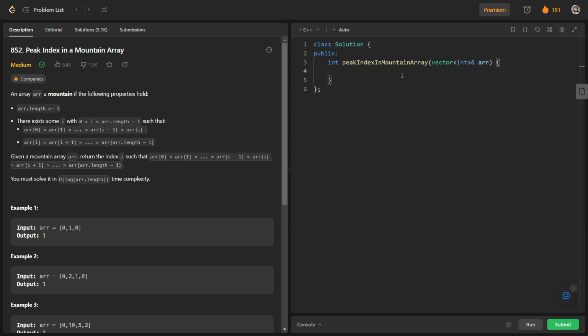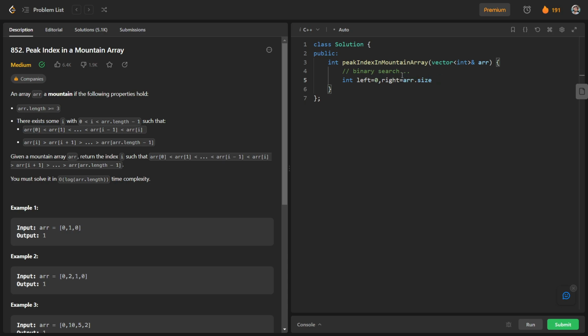So basically for the binary search approach, we will have our two indexes: int left is equal to 0 and right is equal to ARR dot size.